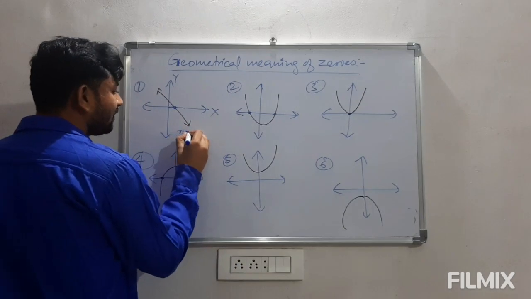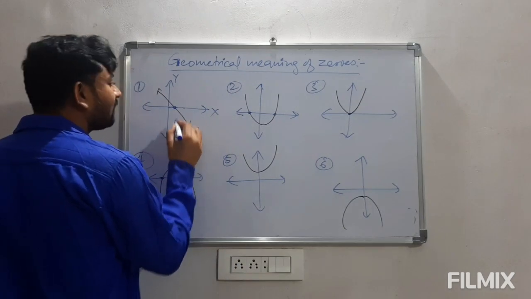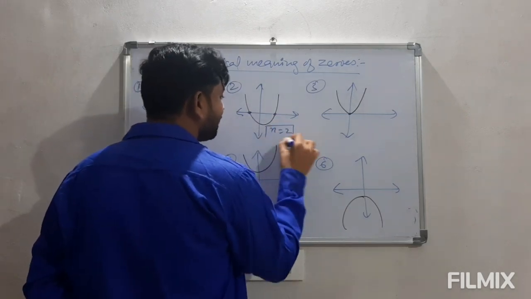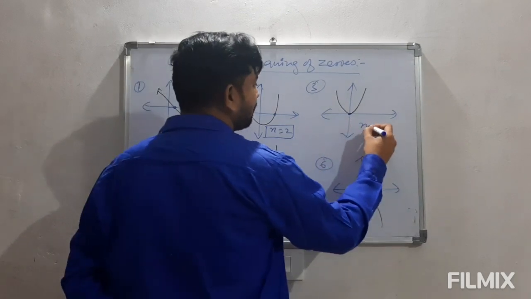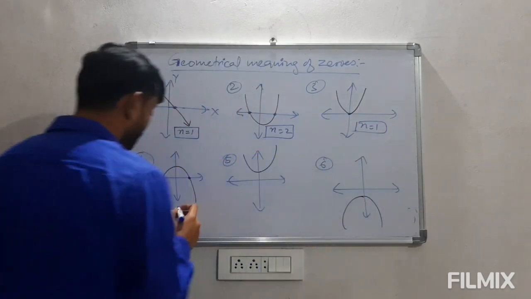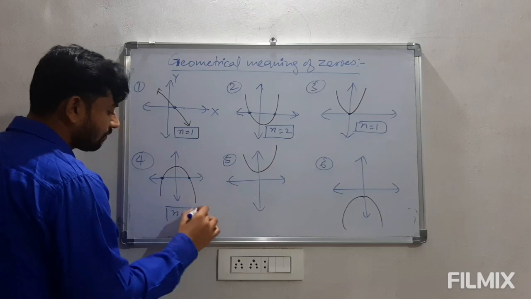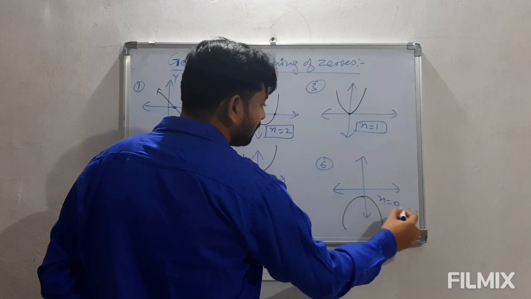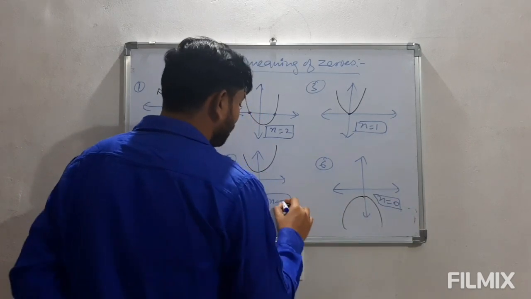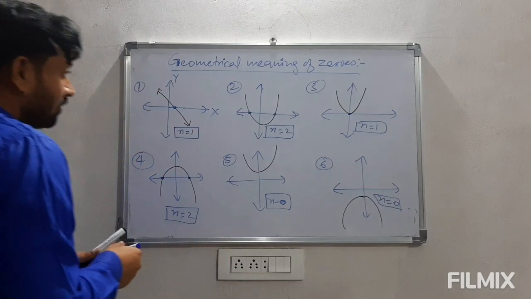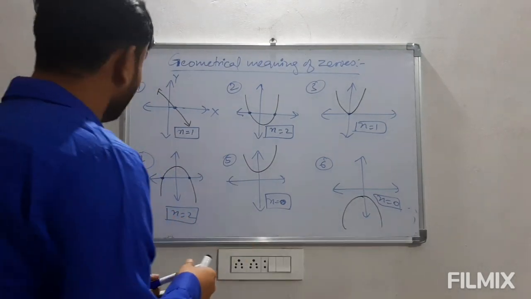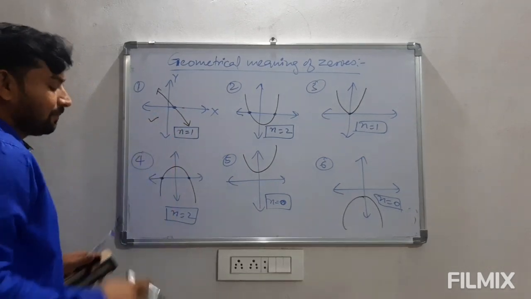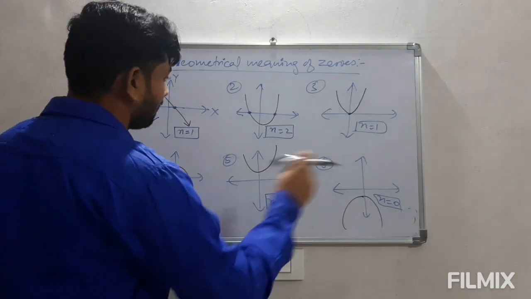So here clearly we can say the number of 0 is 1 as it is intersecting once. Here the number of 0 is 2 as it is intersecting twice. Here it is 1. Here again it is 2. And here the number of 0 is 0. Again the number of 0 here is 0. So now let us come to all these questions separately. When we talk about the first one, it is a graph of a linear polynomial, so there should be no doubt in this. Now come to the remaining 5.